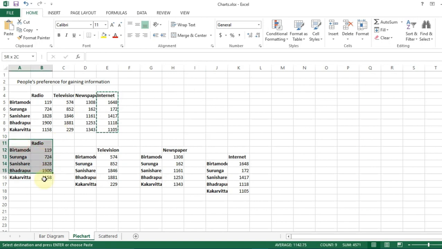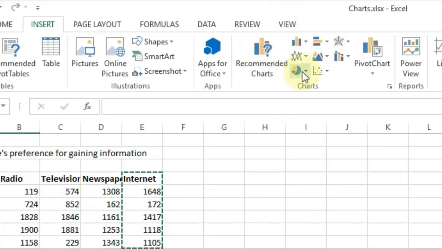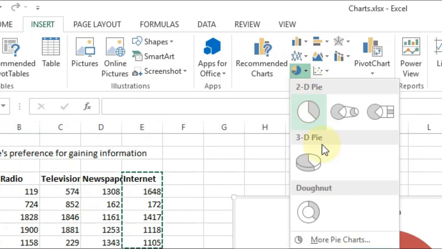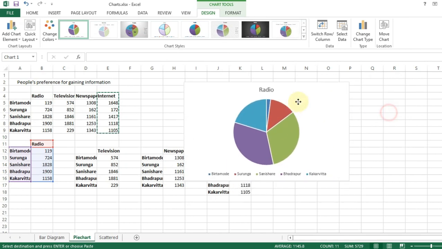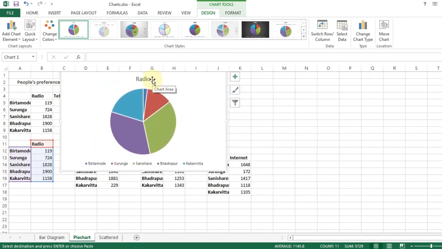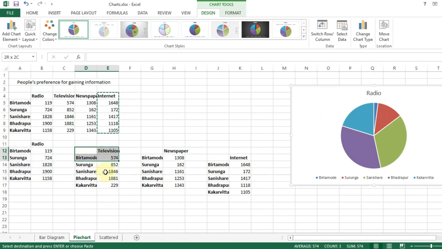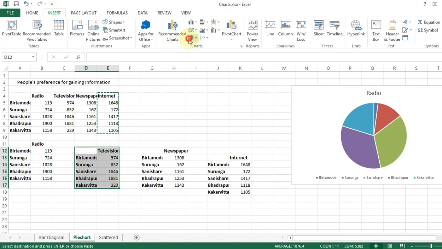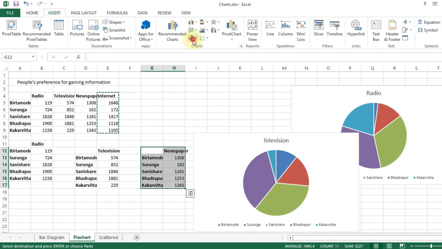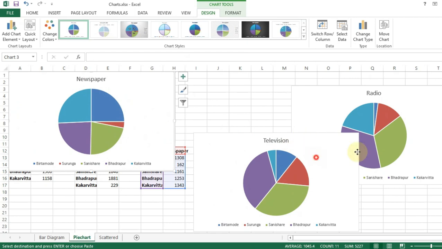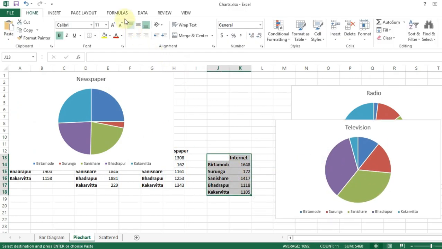now for constructing pie chart, what we'll do is we'll select the data, then we'll hit insert, then we'll click on insert pie chart and we'll select the model that we require. For example, this is the pie chart of preference of radio by people of different locations. Similarly, this is of television, and this of newspaper, and finally